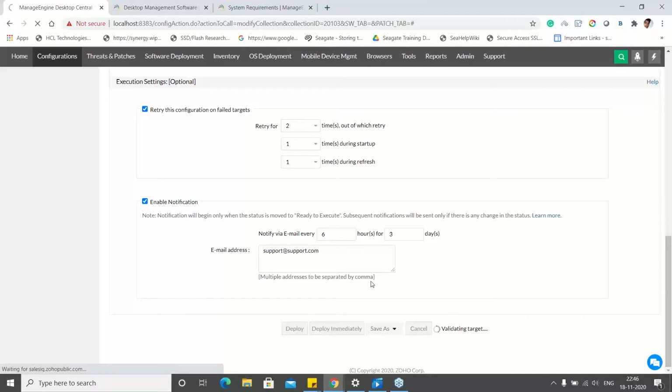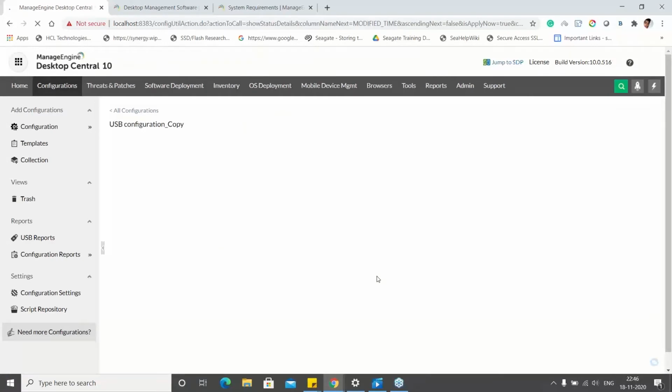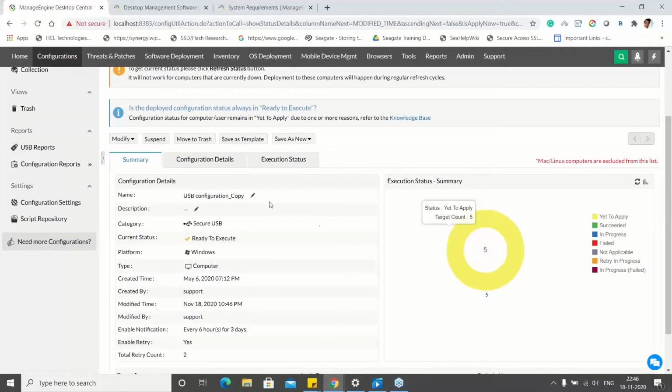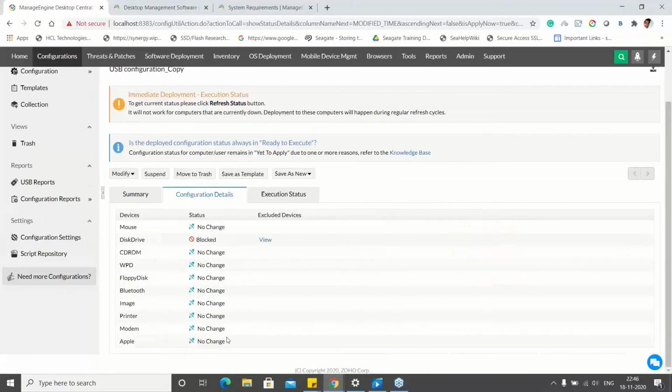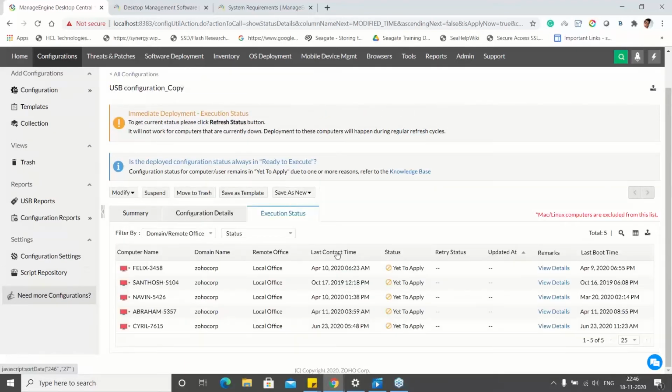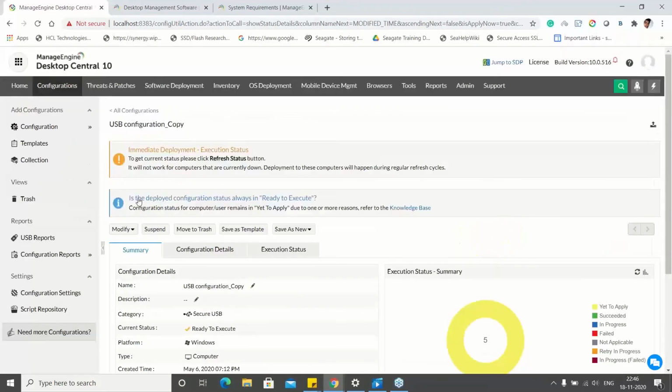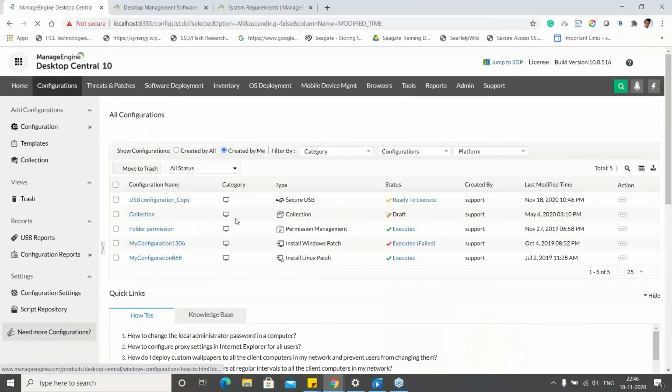So for example, I'm deploying this configuration here. It will create a configuration like this, and I can see how many computers are in my deployment, what is the configuration I have defined for it, and what is the execution status. Has it succeeded or failed? I can see the status from here. It will give an overview, and in case it has succeeded, it will show a green check mark here. Likewise, whatever configurations you are creating within the product, it will create a template for me. So you can very well modify the same configuration in case you want to deploy to a different set of machines.